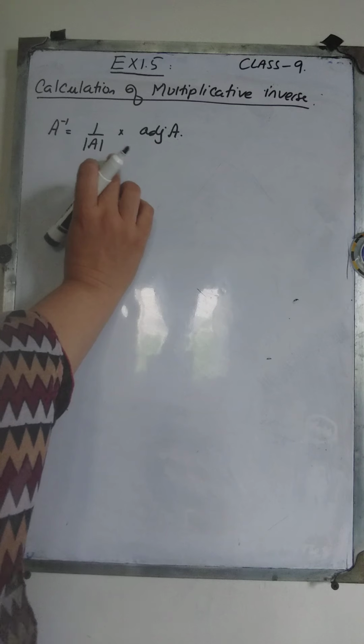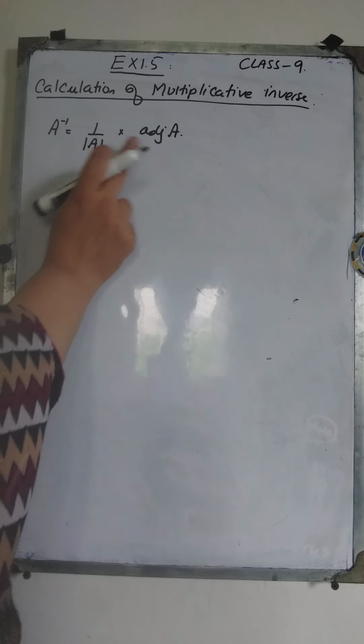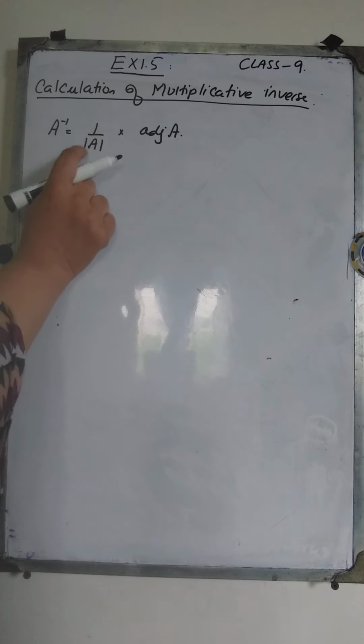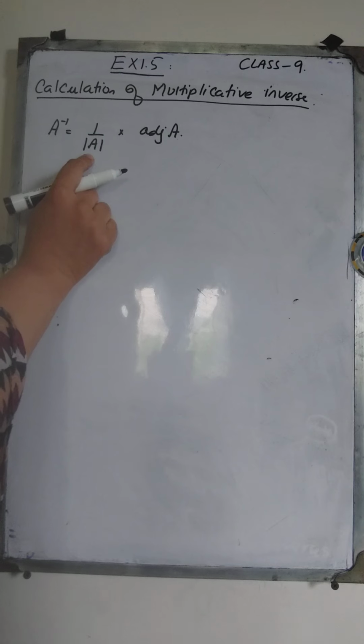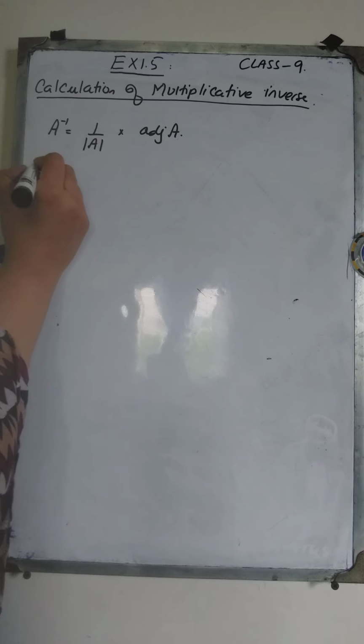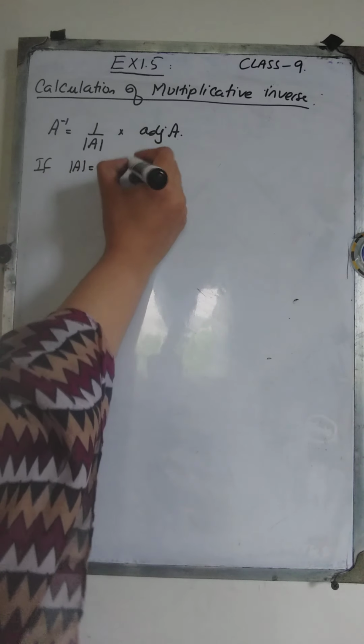So in this we are going to do step 1 will be to find the determinant of A. Step 2 is we are going to find the adjoint of A. And remember that the multiplicative inverse will not exist if the determinant is equal to 0, because 0 in the denominator gives us a number which is not defined. So if determinant of A is equal to 0, then